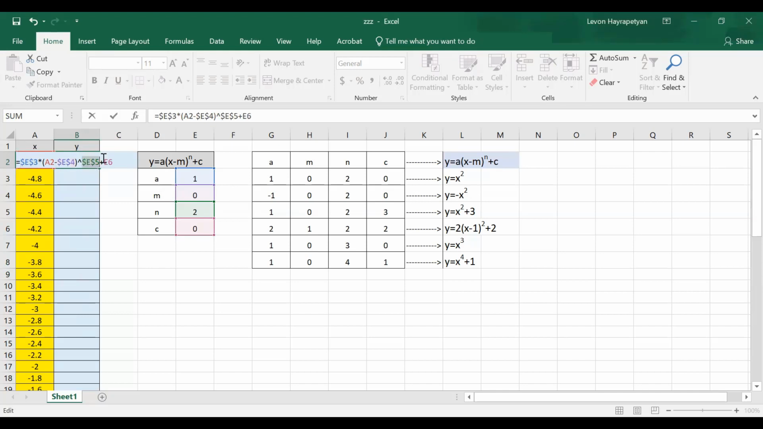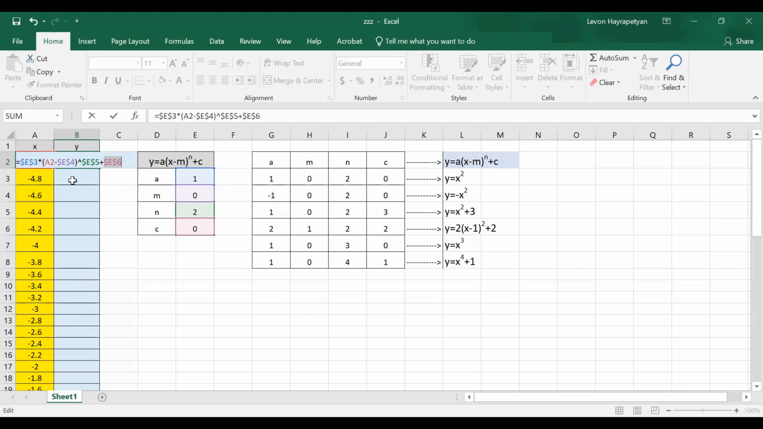E4, E5, E6, and E7. These are the cells where my A, M, N, and C are saved. If you don't know about this, that's fine. Just follow me and see the results. But if you are interested, you can just go and Google or check YouTube videos about absolute versus relative addresses